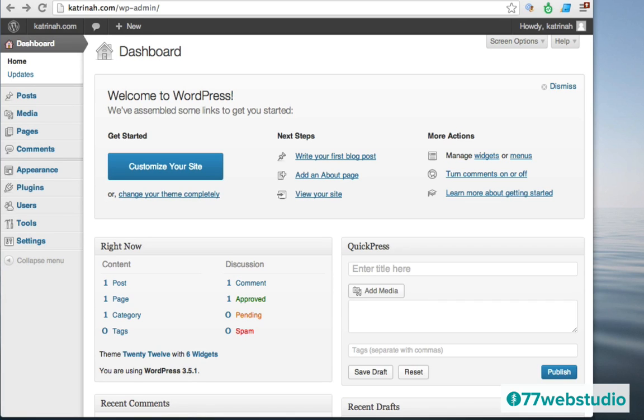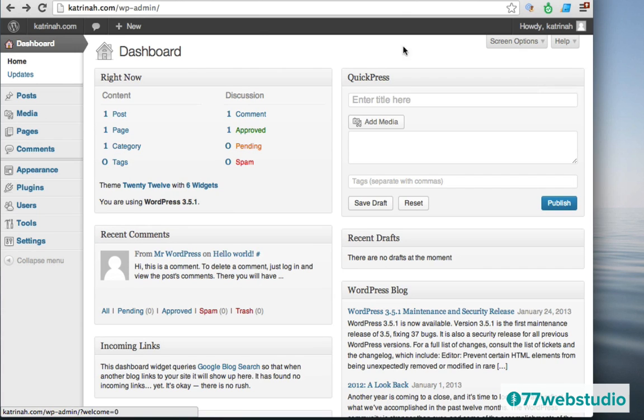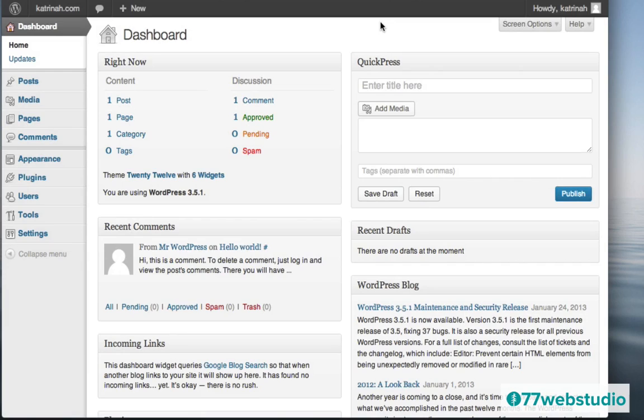This is the first thing you'll see when you log into your WordPress website. And when you first install WordPress, you'll also see this message that says Welcome to WordPress. Within this message box, there's a number of links, and each of these links represent some of the first things that most people do when they install their WordPress website. For the moment, though, I'm going to go ahead and dismiss this message by clicking on Dismiss in the top right-hand corner here so that we can just see the dashboard without that message.